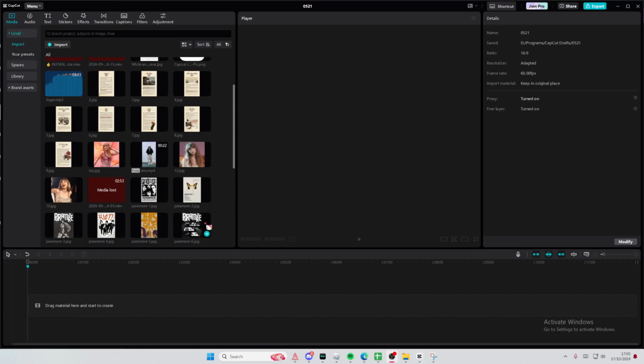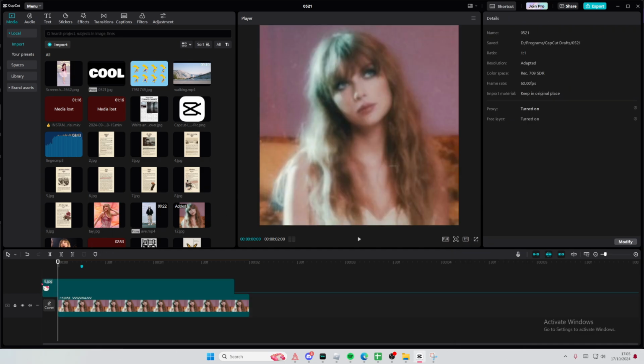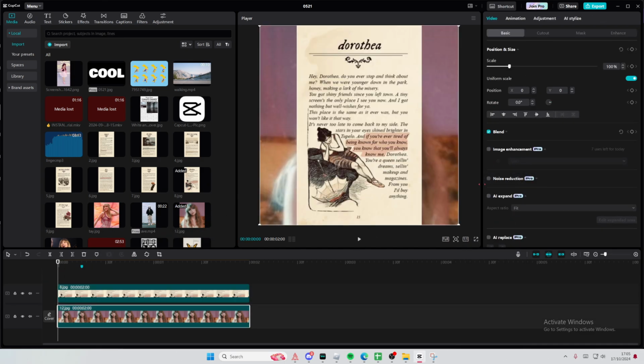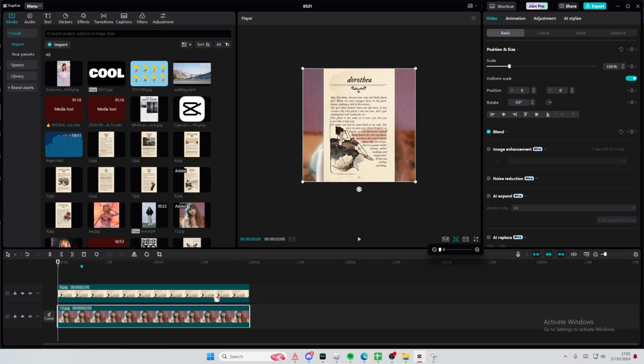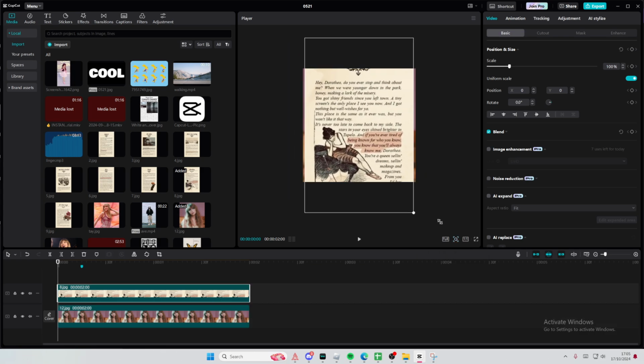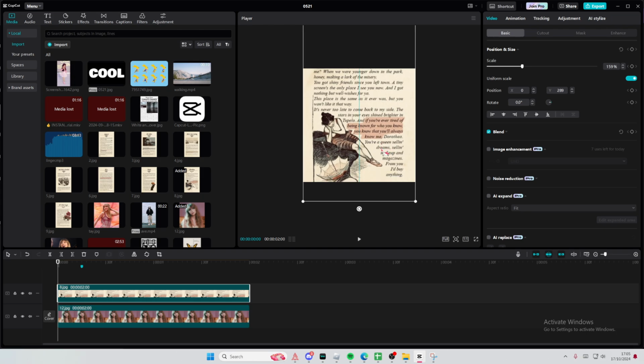In this video, I'll be showing you guys how you can add overlays to your videos in CapCut PC or on your photos. We're just going to select this photo here, and I want to add in this overlay on top. Let me just adjust this so it's not super zoomed in. Select the overlay and place it on top, and you can even blend it on your photos or on your